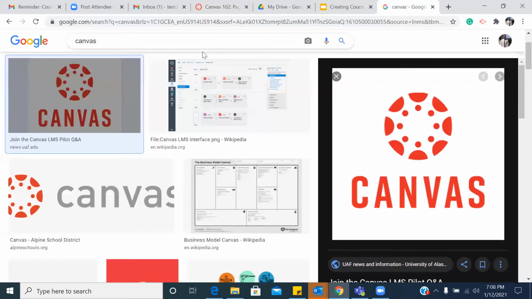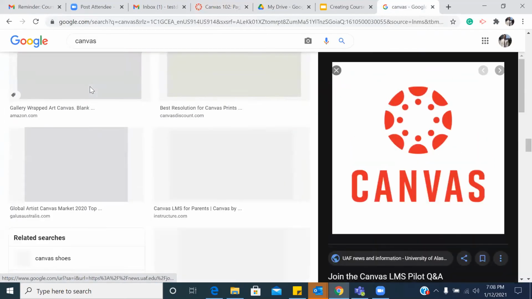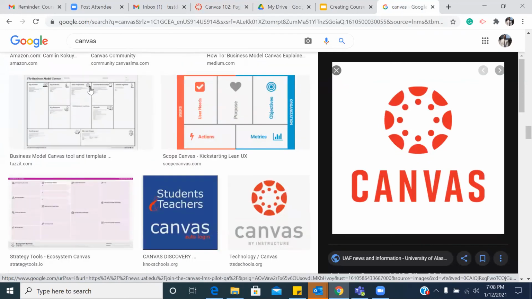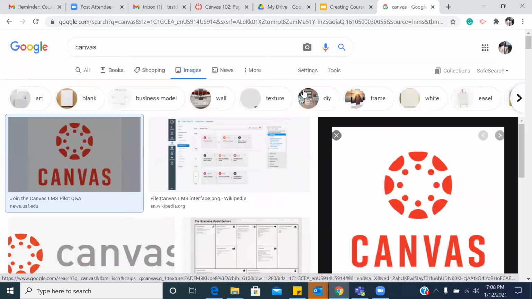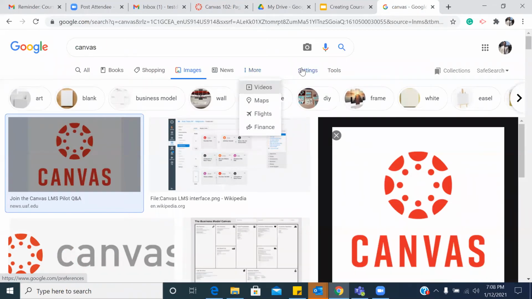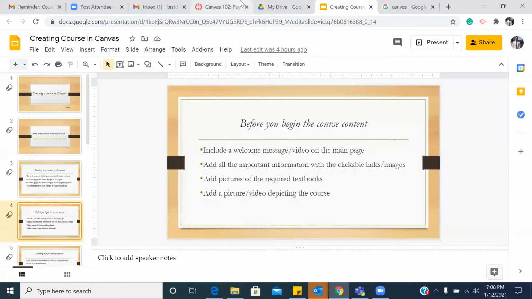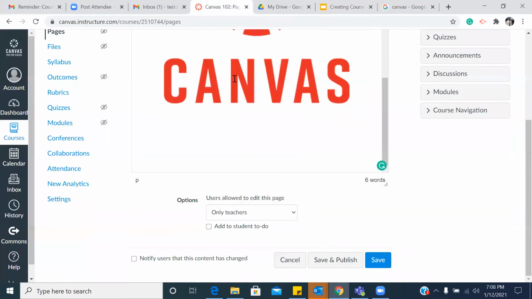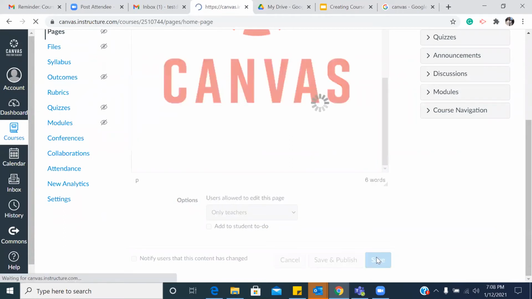If you go to more and then settings, you can see which images are usable by other people. You can use a similar way for your course book, or add a picture of yourself, as I said earlier. Then when you click on save, this will appear